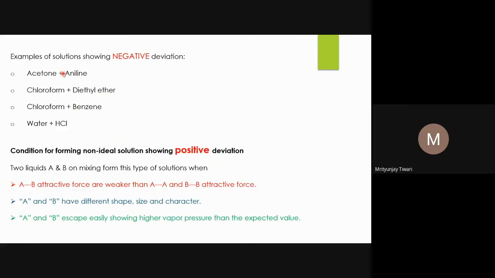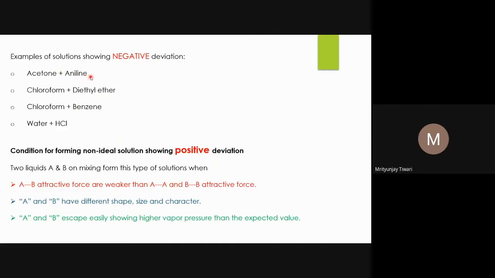If that is there, sometimes nitrogen will feel partial positive charge. And if it feels partial positive charge, it won't accept, because the N-H bond hydrogen will also have partial positive charge on it. Now nitrogen has a partial positive charge, so it won't make stronger interactions, and that is why the hydrogen bonding in aniline is weaker.